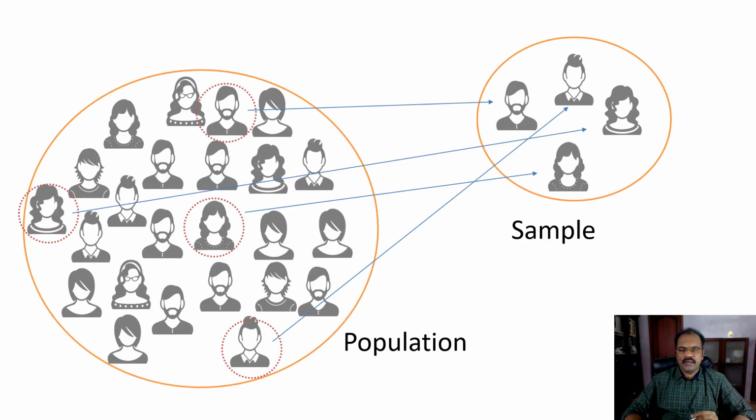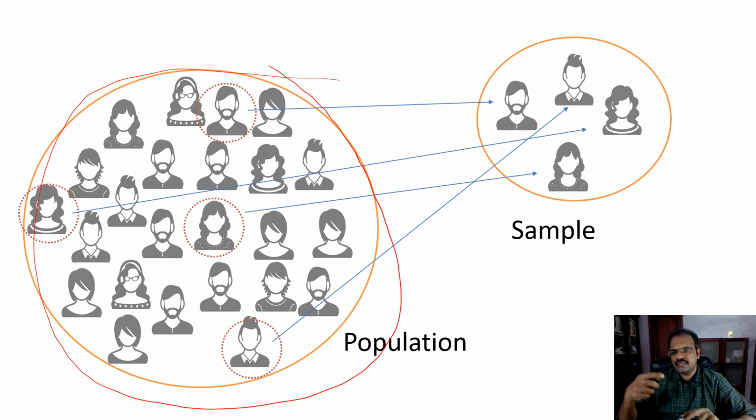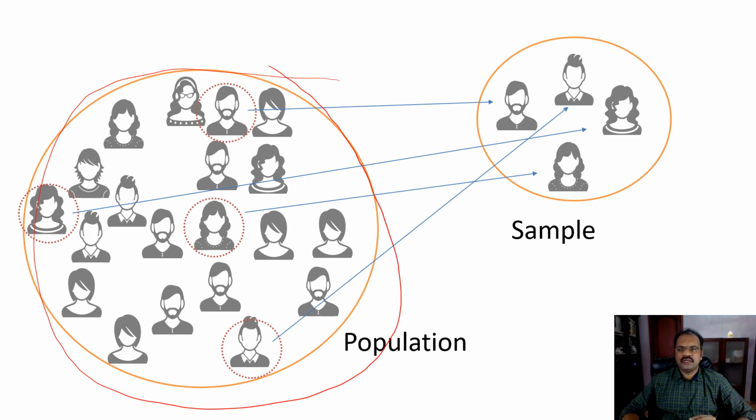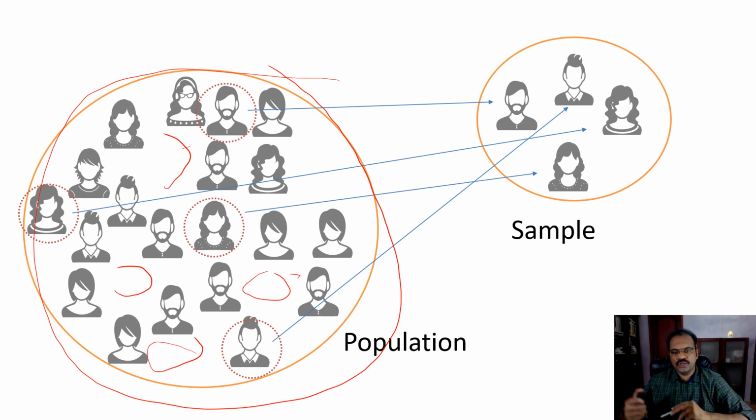So again, I am coming back to this particular diagram. If you want to generalize whatever findings they got in the sample, whatever group was referred to the psychiatric emergency team, they want to be able to generalize their findings to all the people who come to the emergency department. That is their aim. But unfortunately, we cannot do that, because many people are missing. As I told you, those who have severe complications, they may have been taken directly to the ICU. Some of them may be already dead, and they may be handled accordingly.